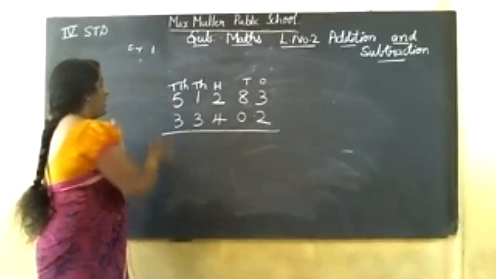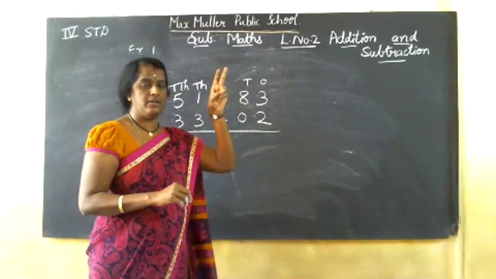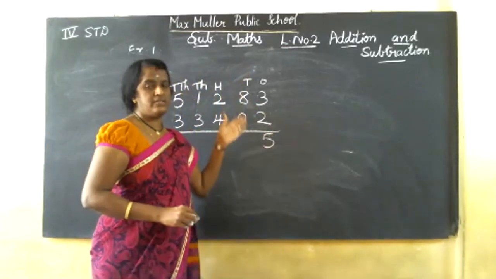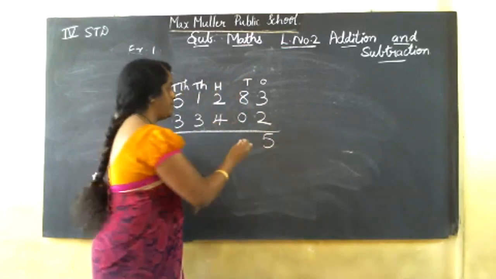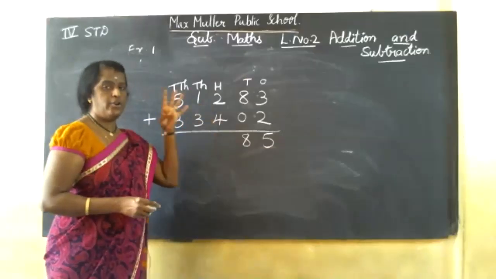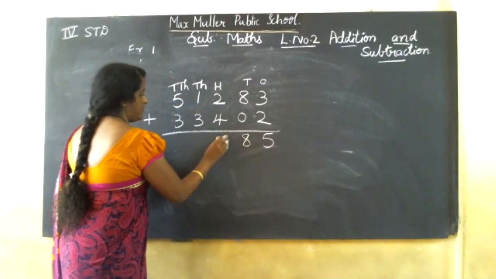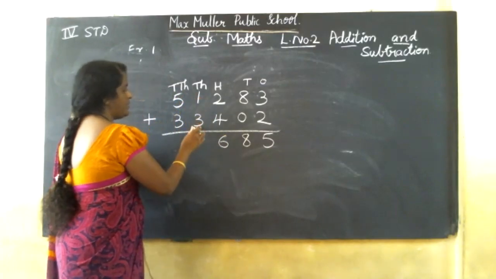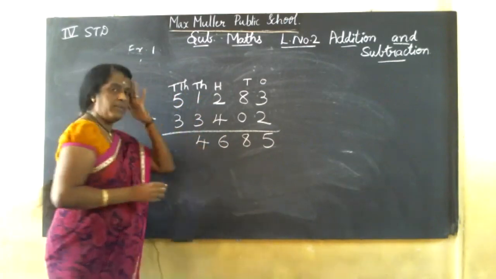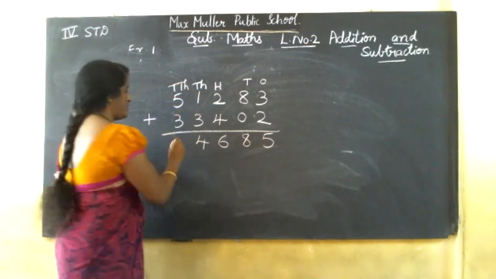Okay, so addition. 3 in the mind, 2 on my finger. After 3, 4, 5. Here 8 is there, 0. So what should you do? Same number. 2 in the mind, 4 on my finger. After 2, 3, 4, 5, 6. 1 in the mind, 3 on my finger. After 1, 2, 3, 4. 5 in the mind, 3 on my finger. After 5, 6, 7, 8.